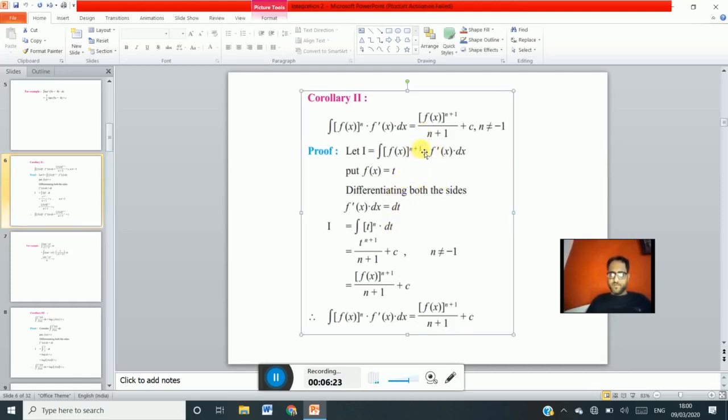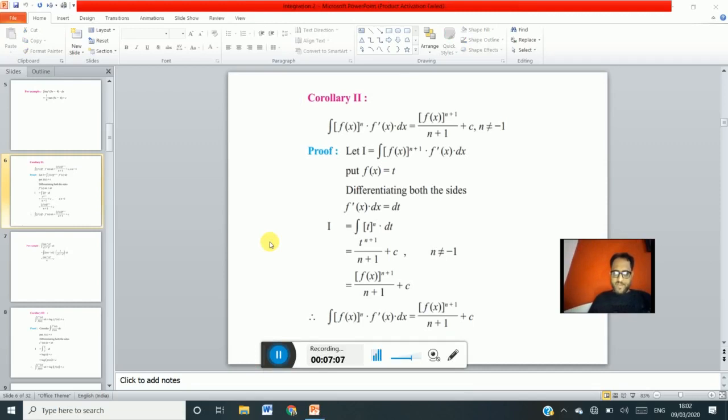Here is a mistake, here we have to consider only the left side, which is f of x to the power n, right? So here f of x to the power n, so we get t to the power n dt because f dash x dx is dt. So the result of this is t to the power n plus 1 upon n plus 1 plus c, and if we resubstitute t equals f of x, what we get? f of x to the power n plus 1 upon n plus 1 plus c. This should be the final answer in this case, right? So here should be the mistake in the textbook if we see. So here only f of x to the power n, that is the left side of the proof, right?